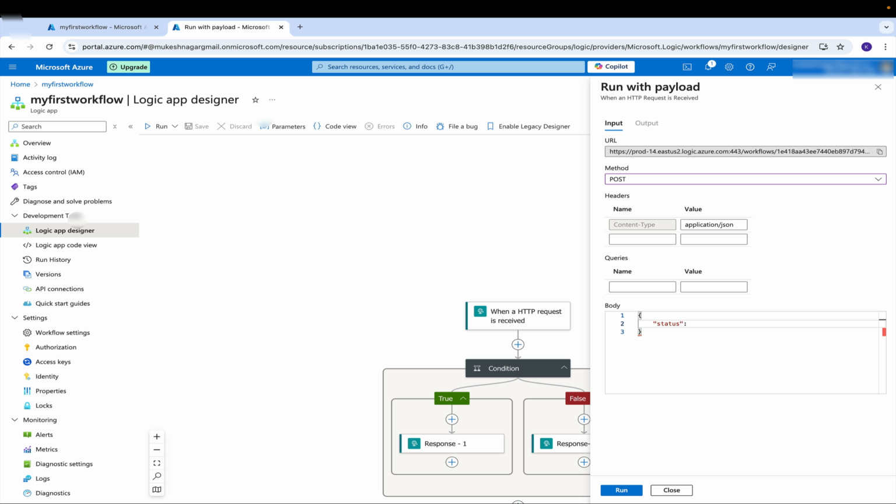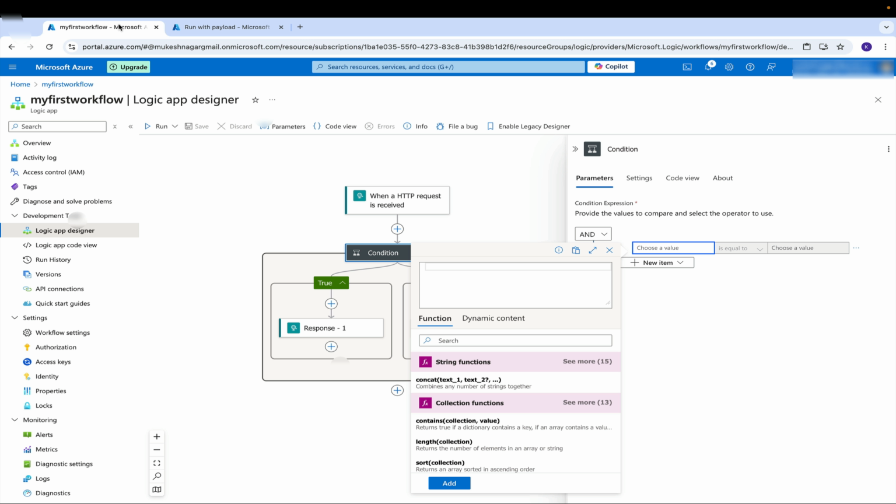If we don't want to use the browser or Postman, we can directly test our flow from here itself. So I'm thinking if status is pass, this we are going to use. So there should be pass from the body. If it is pass, it will go in the true. If it is fail, it will go in the false. So how to put the